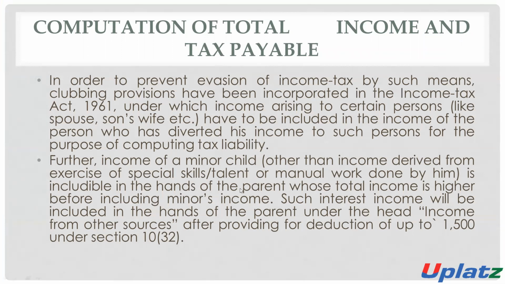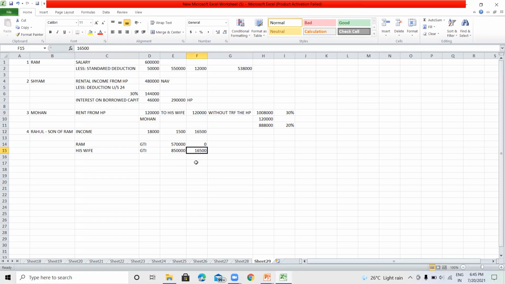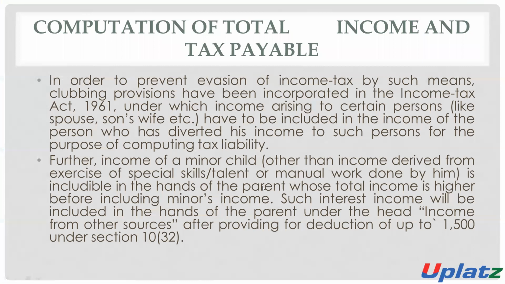Further, consider the income of the minor child other than income derived from the exercise of his technical skill. If the income of 18,000 rupees is earned by Mr. Rahul from his technical skill, his talent, or his own work, then such income will be taxable in the hands of Rahul. It will not be clubbed. But if the income is earned by the minor child from any source other than his technical skill or talent, then it will be clubbed in the hands of his parent,